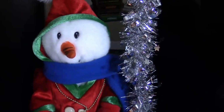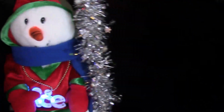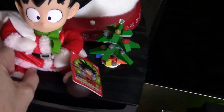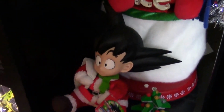We have this snowman that Q has had since I met her. And he likes to sing Vanilla Ice. And his buddy, Kid Goku, in a Santa outfit. This was an import. Let me turn this off. This was an import from Japan. I actually got it for Q a couple of years ago. She's a big Dragon Ball Z fan, and this guy is awesome. He was not cheap, but he is pretty fun, and he's an example of a toy that only comes out on